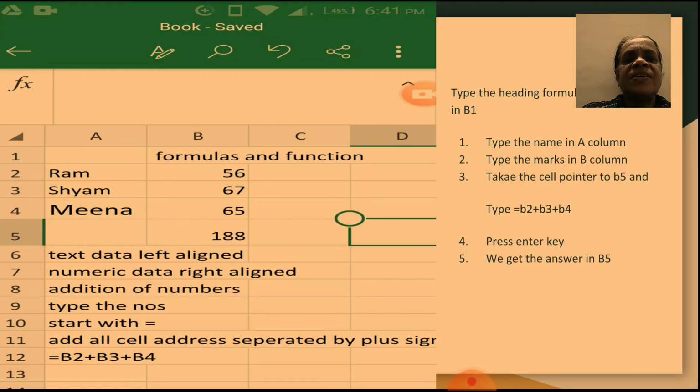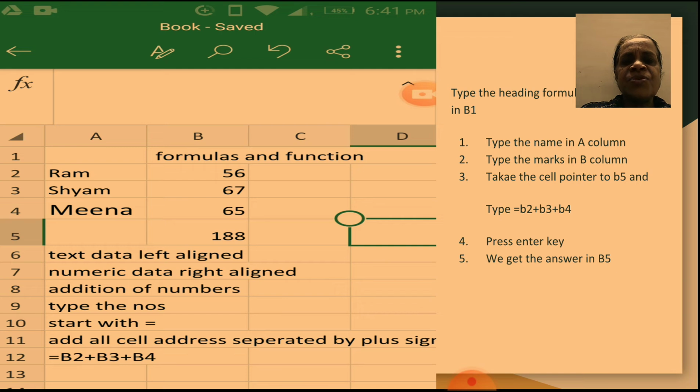Next, this table shows one simple calculation again, where you see the use of a simple addition of three persons, Ram, Sham and Meena, and their marks, which are mentioned in the A column, the names, and in the B column, marks have been entered. So how do we do this?